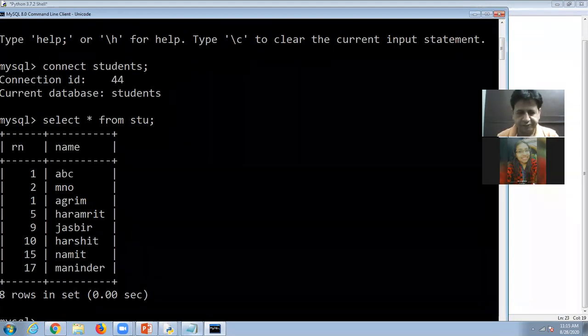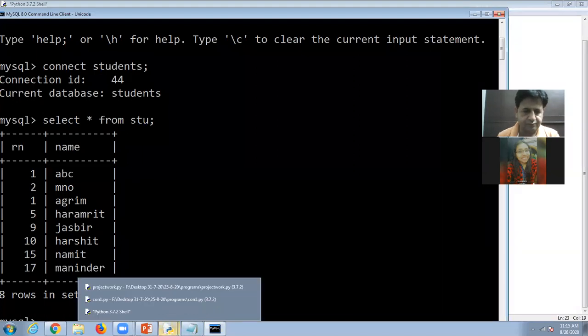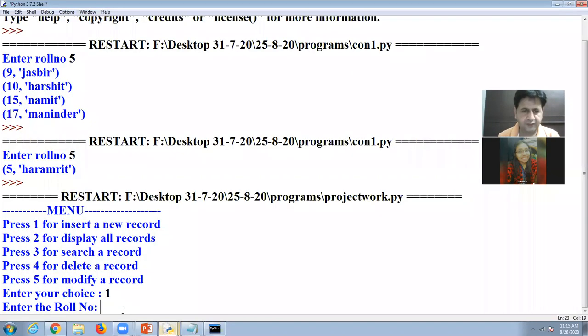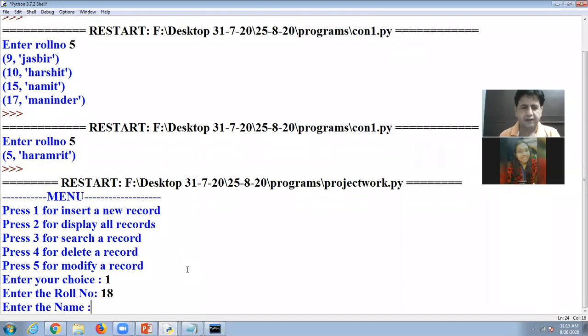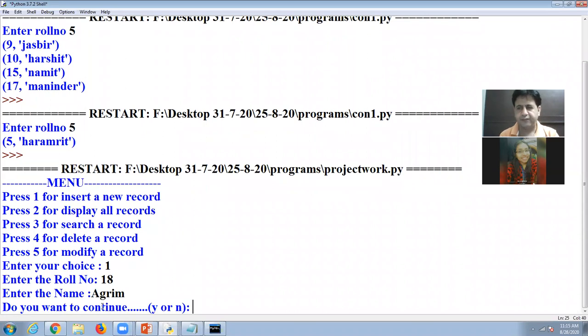So look at here. I enter roll number 18 and name of the student I take here Agrim. I press enter key. Now it means my record is added in the database.